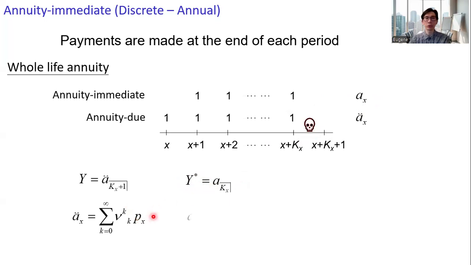In summation notation, to get a_x, we have the summation of this expression, and here we start from k equals 1. To relate the annuity due and annuity immediate, the difference in terms of the payments, for the annuity immediate, we don't have a payment at this time point. And therefore, we can get the relationship a_x equals a double dot x minus 1. 1 here is the present value of the first payment of 1.